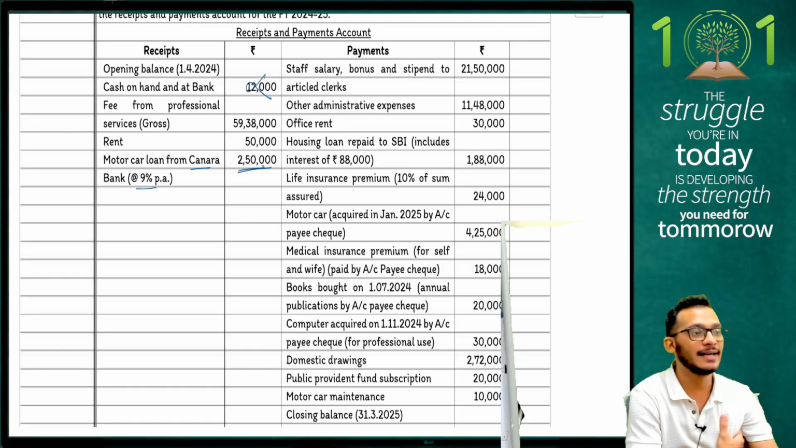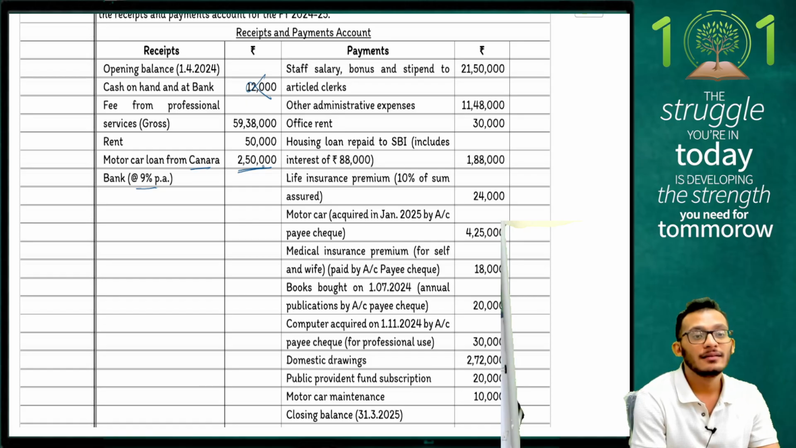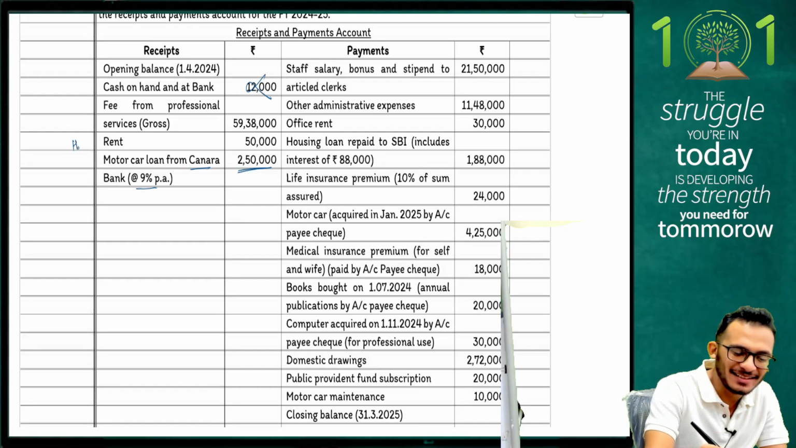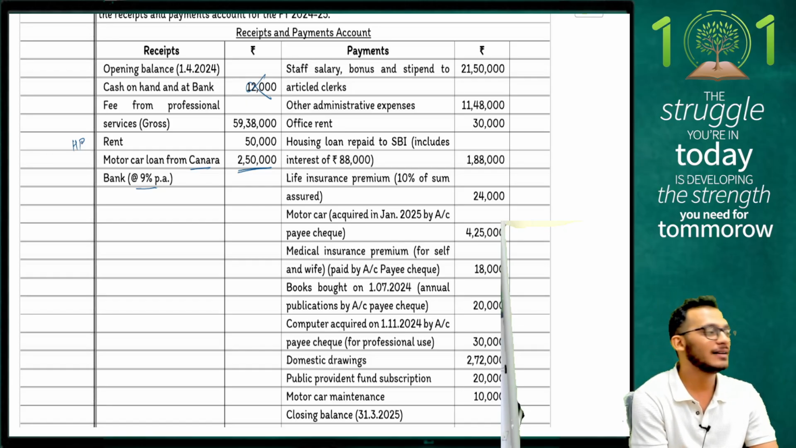Line above, people. It says rent. Rent received or paid? Rent taxable under HP. People, after claiming